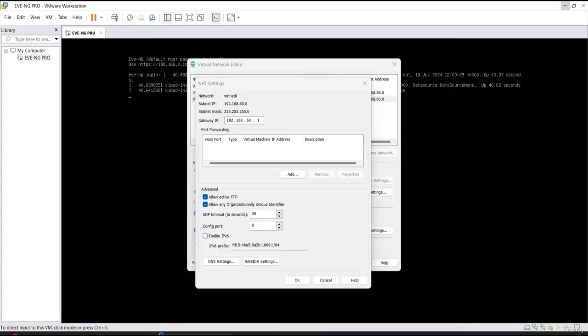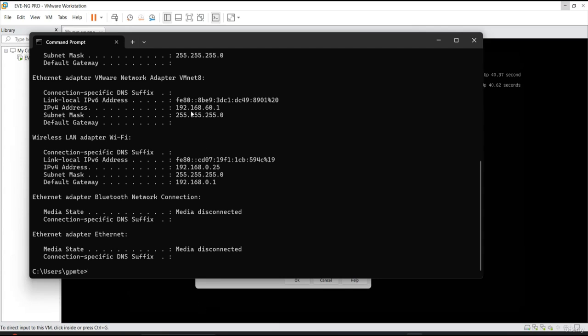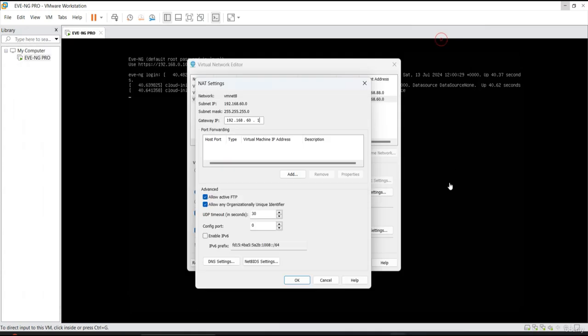In CMD, ipconfig, see, 60.1 is in the PC itself. But in this case, I should point it towards the gateway at the VMnet 8, which is within the VM. So I should make it 2. One is the gateway in the actual device. I'm just putting it as 2 here,